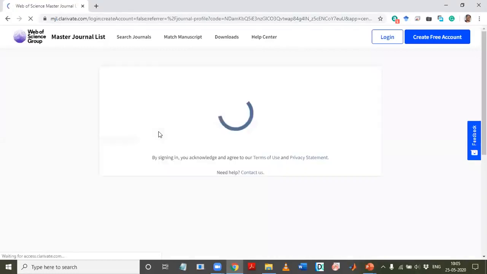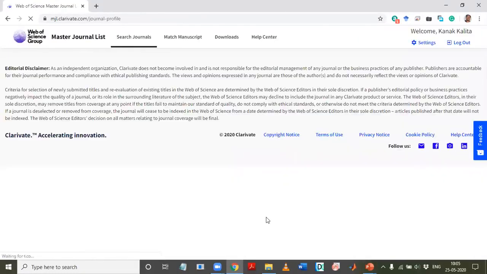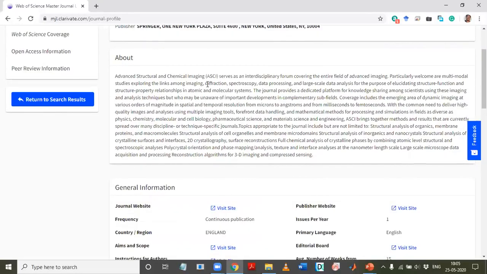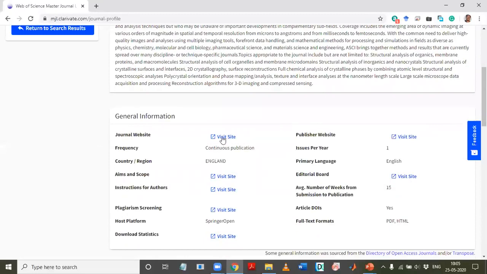So it will take me to this website now, and once you log in, your account name and everything will be shown here. And here it shows the additional details of the journal when you click on the journal profile page. And here it gives you the actual website of the particular journal, and all the other details of the journal